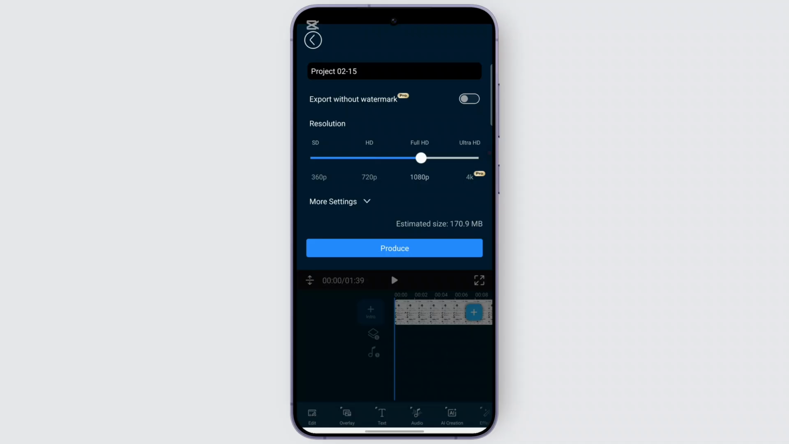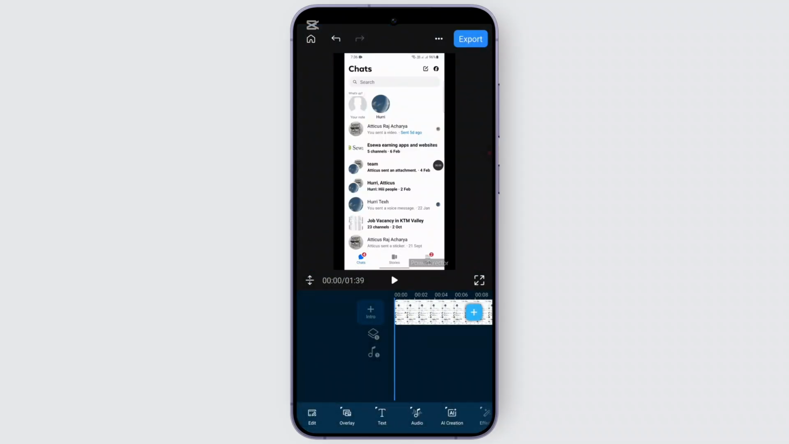After that is done, you can use this option called Produce, and once tapped on it, it will be directly saved onto your device. So that is how you do it. That is how you save and export a video in